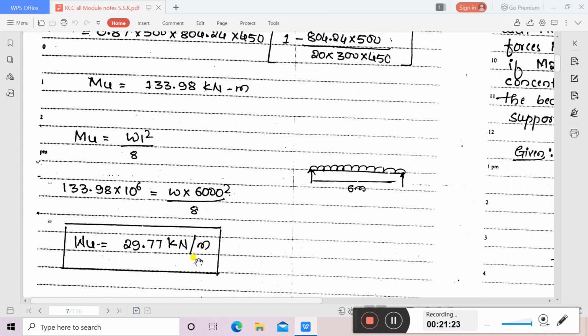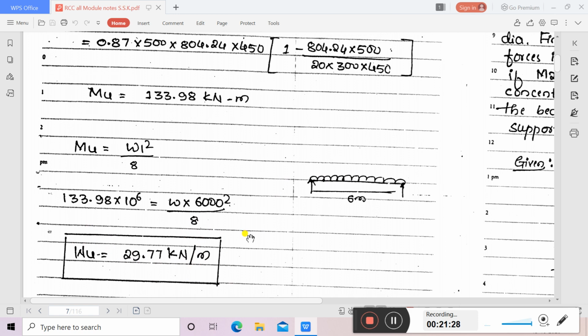For example, as I said in previous sessions, if the beam is in your home, you may be checking what load can I apply. In that case, you calculate the moment based on the reinforcement provided in that beam in your home, and you know the dimensions, the grade of concrete and the grade of steel. If you know everything, you will first find the ultimate moment, that is Mu, the moment capacity, and later you'll check with UDL, because how much load I can apply for further constructions. So that I can easily find using these calculations.